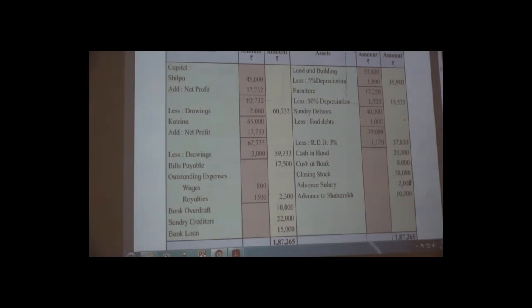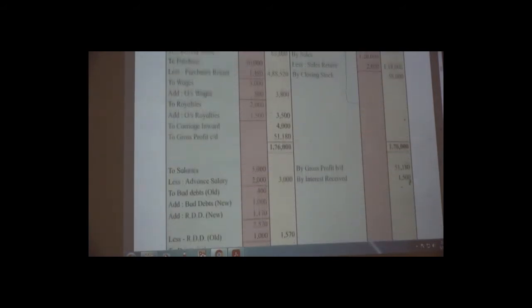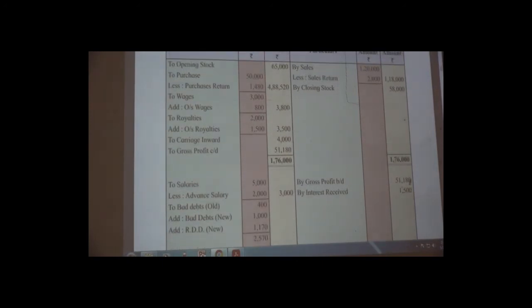Next one, stock. See, stock, it is the stock given at 1st April 2018. That means this is our opening stock. This is the stock at the beginning of the year. So this stock at the beginning of the year is written on debit side of trading account. See here, this is the trading account on debit side. The opening stock is written and the amount is written on outer column.